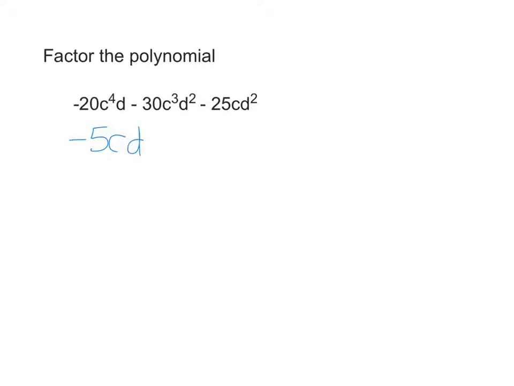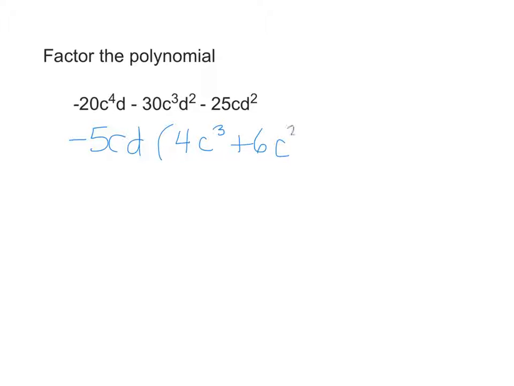And then we have to divide all three terms by that common factor. So negative 20 divided by negative 5 is 4. And then we have the c's, c to the fourth divided by c, so c cubed. And then d divided by d, which means the d's gone from that term. Now we have negative 30 divided by negative 5. So it's a plus, right? It's positive 6